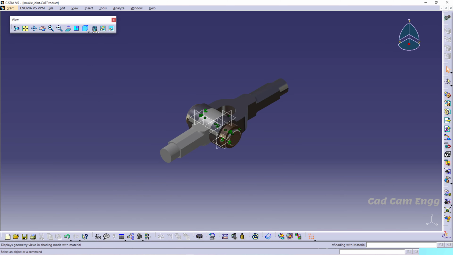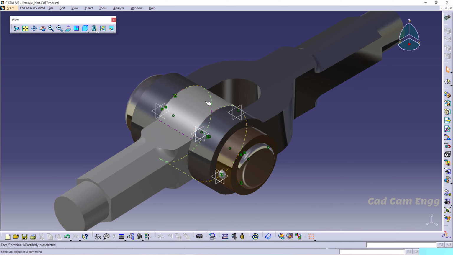and I am going to keep this back in isometric. And then the next tool which I am going to explain is our render style. Render style is nothing but, if you are giving, I already gave some material property to the objects separately, like you can see that I already gave some coloring, meaning you can see the color difference between our two knuckle joint parts.